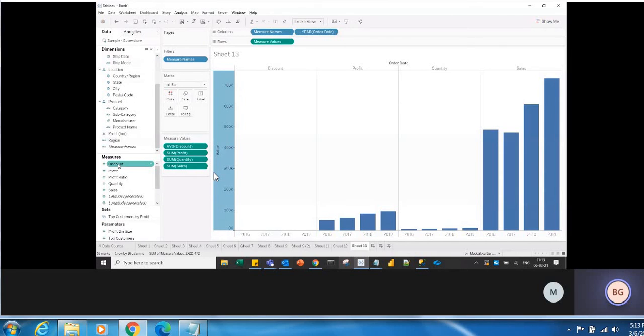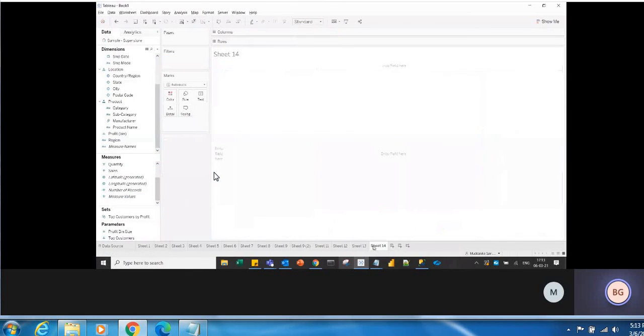Discount, D-I-S-C-O-U-N-T, that is alphabet, that is a word. Correct? So profit, P-R-O-F-I-T, that is again text. So that is why it is created under dimension. And the values are what? Numbers. Right? So that's why it is created under measures. So based on the data type only, it will segregate dimensions and measures.